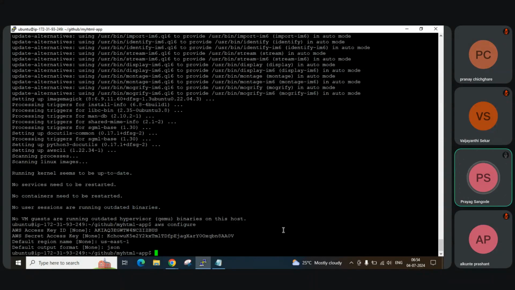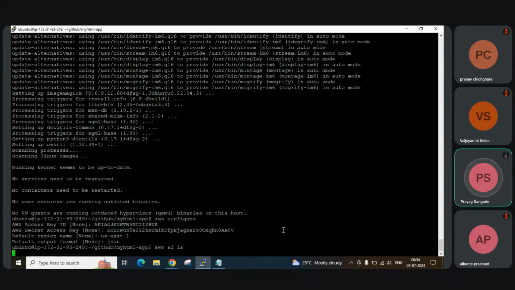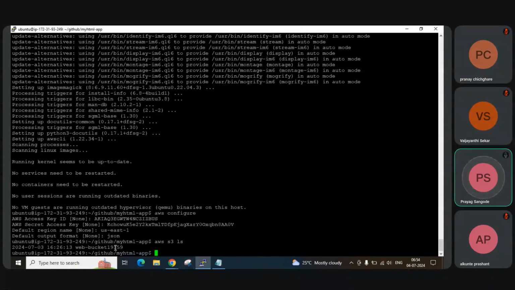Now how to check that? aws s3 ls. Yes, I already have one bucket. Actually, I should remove that as well. aws s3 rb s3://